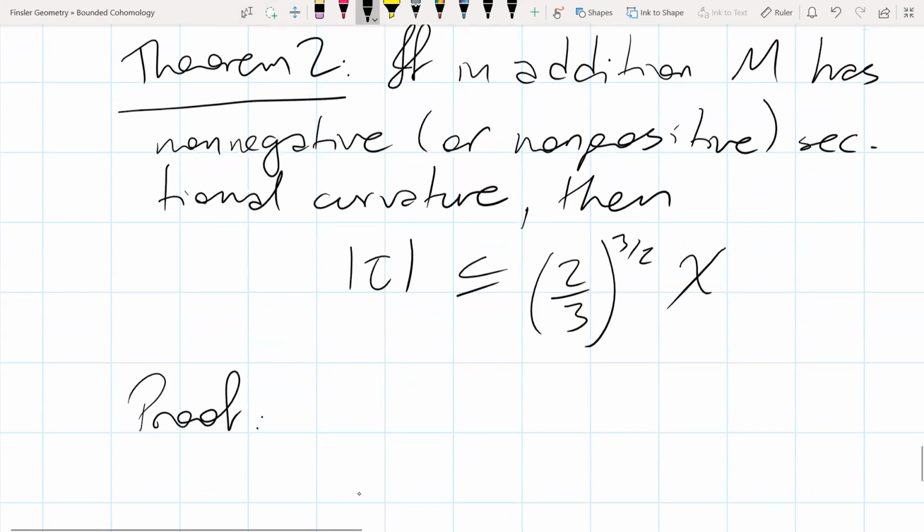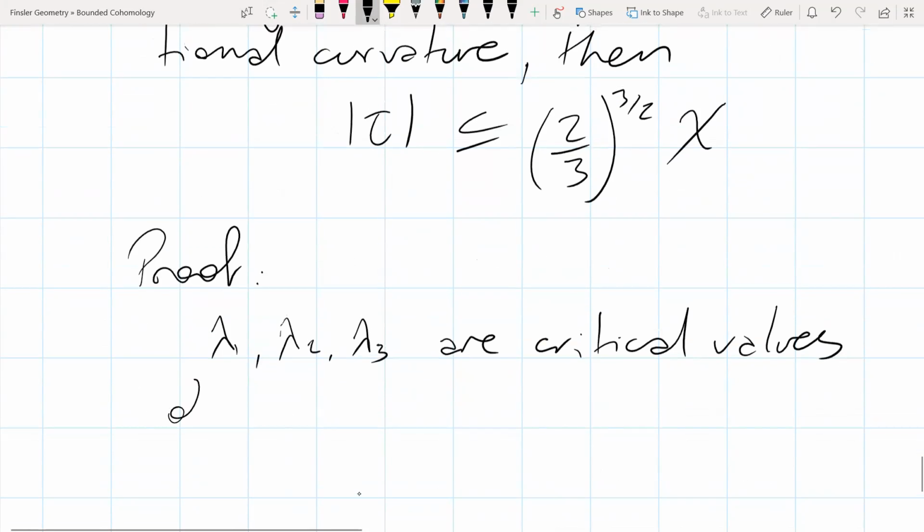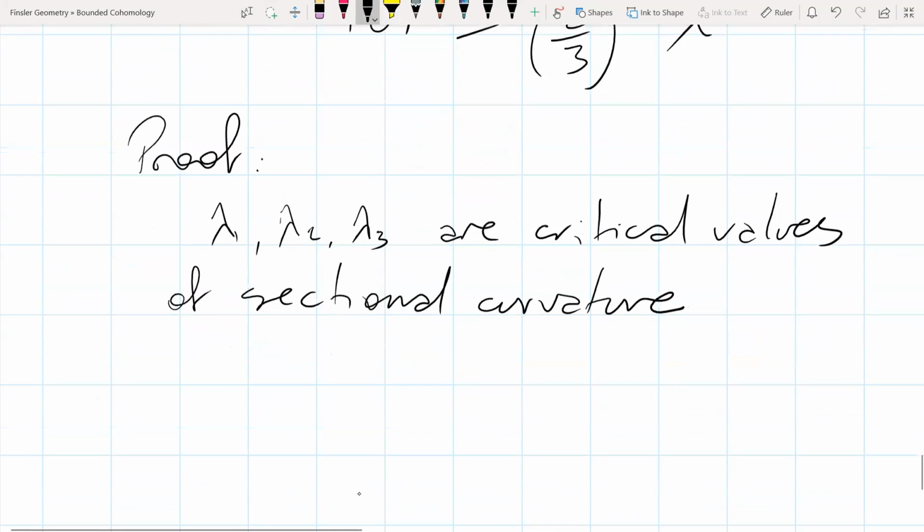So in our normal form for the curvature tensor, our lambda 1, lambda 2, and lambda 3 are going to be critical values of the sectional curvature. So if M has non-negative sectional curvature,